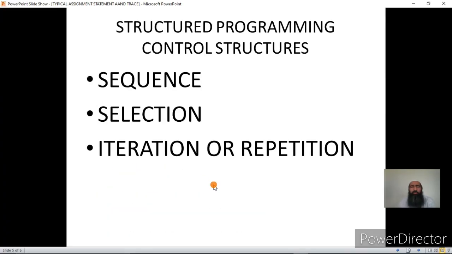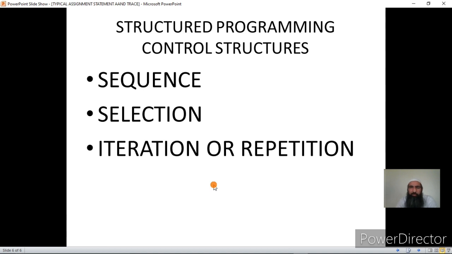So this was something about the while loop. Now some words about structured programming. Structured programming is a programming approach where we have three types of structures in the programming language, that is sequence, selection, and iteration or repetition. Sequence means the steps will be executed one by one. Selection means there will be conditional statements, and iteration means there will be loops.